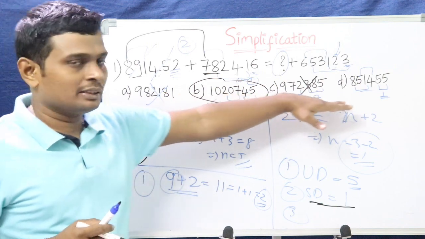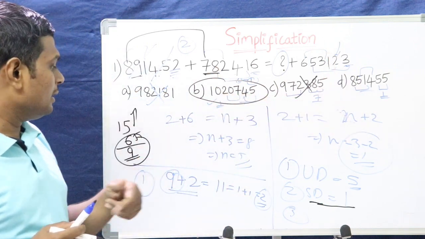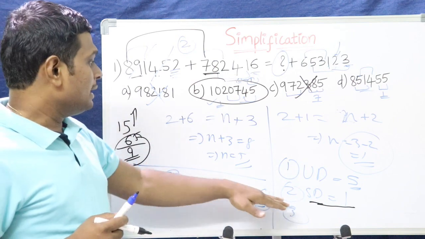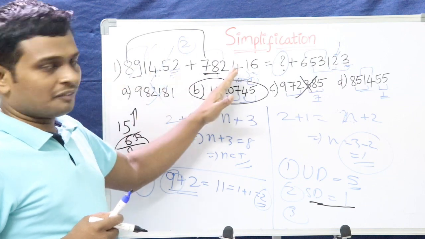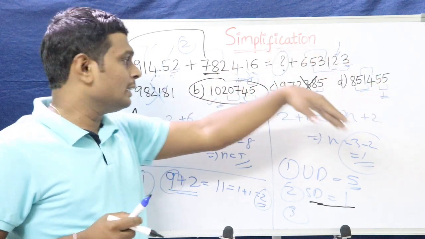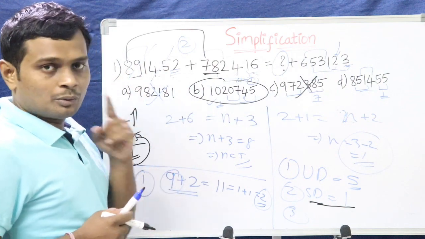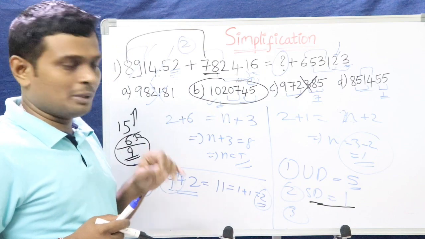We are left with three options. The second option, I have told you one quick way to solve that one, right? In the addition problem, the sum of the digits in the left hand side should be equal to the sum of the digits in the right hand side. We calculated it. And I have told you one more thing also. If we are adding with 9, we will get the same number.